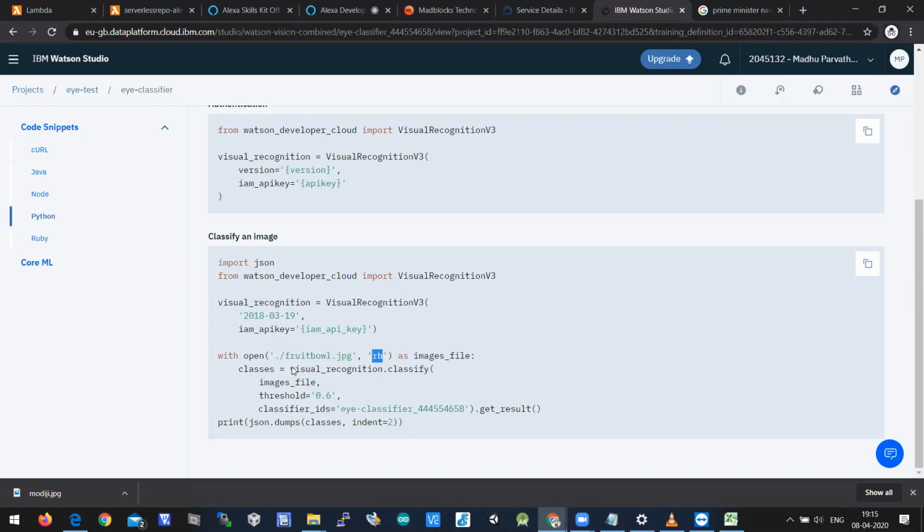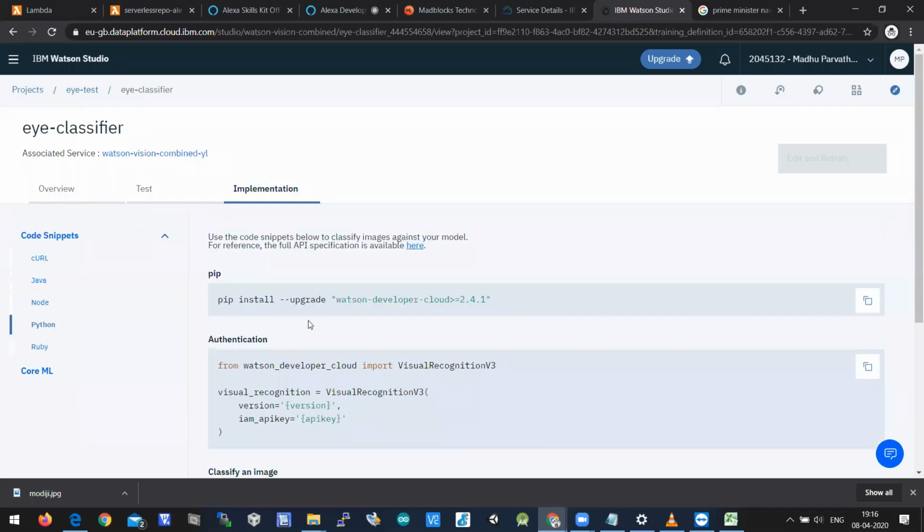There is a function called visual_recognition.classify, which will call this API by passing the image file object and a threshold equal to 0.6, which means the predictive index should be greater than 0.6, and only then will it return the classes. The classifier ID is the ID of your own custom classifier which was created. Then you'll get the output as simple as that.